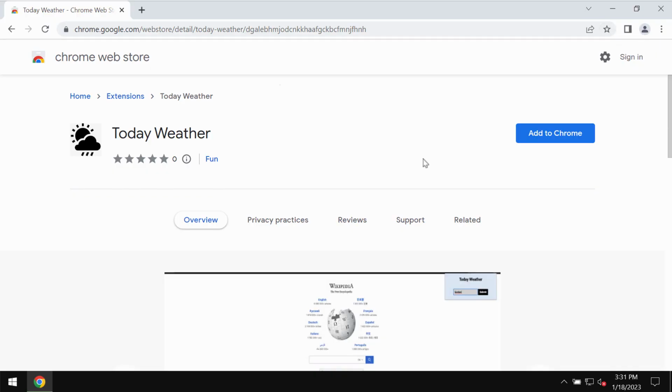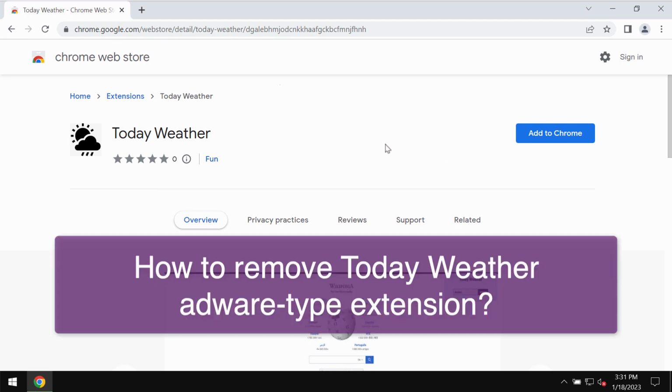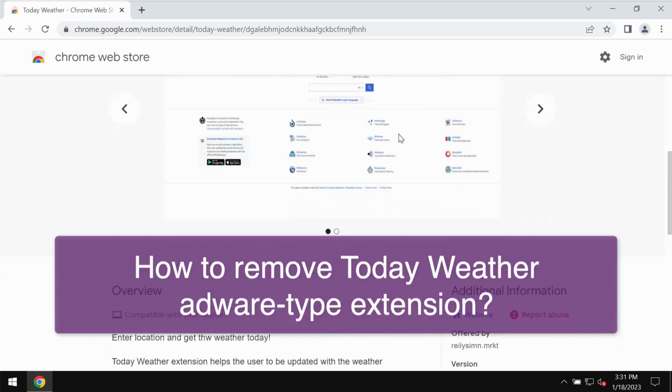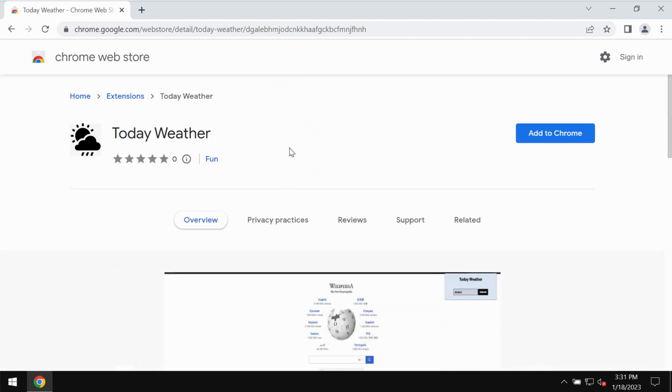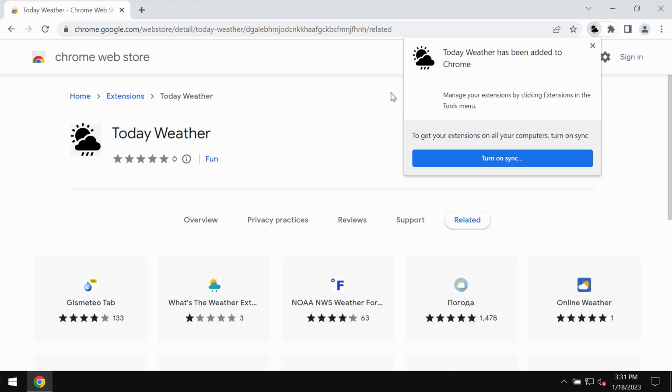This video guide will help you to get rid of the unwanted browser extension that is called Today Weather. The developers of this extension indicate that it will help you to know the weather for today. Maybe this feature is helpful for some categories of people, but the trouble is that this extension actually operates as